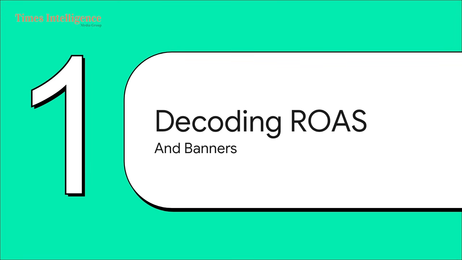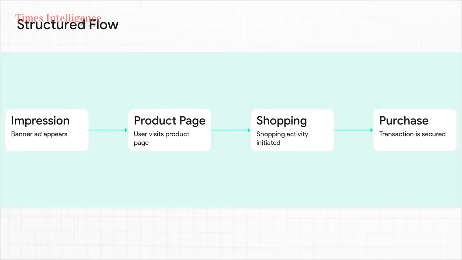Section 1. Decoding ROAS and banners. We really need to define what display banner campaigns actually are in the context of your digital storefront. Every successful campaign is built on a structured traffic flow. Imagine a user just browsing their favorite news site or reading a sports blog. A well-placed banner doesn't just sit there for brand awareness, right? Its specific job is to reach out, grab their attention, and guide them directly into a highly controlled e-commerce conversion